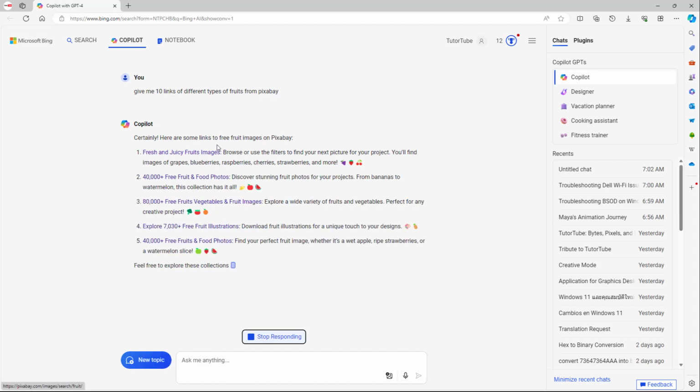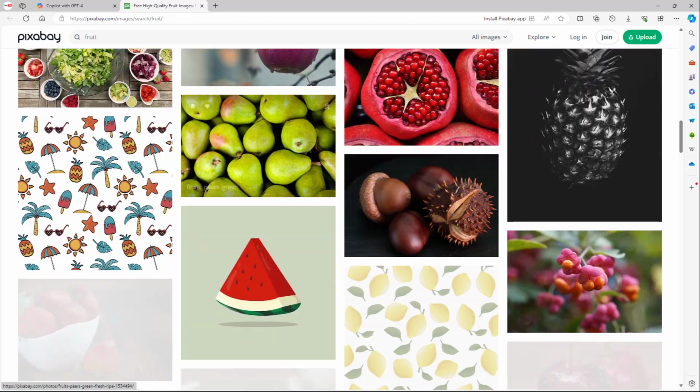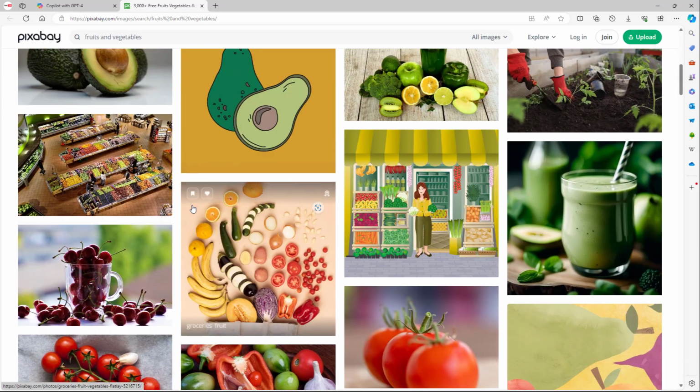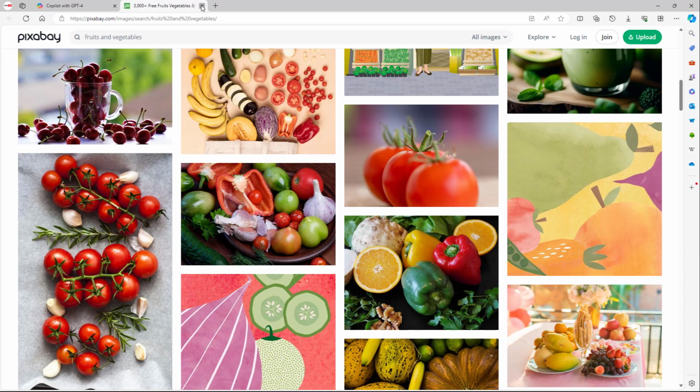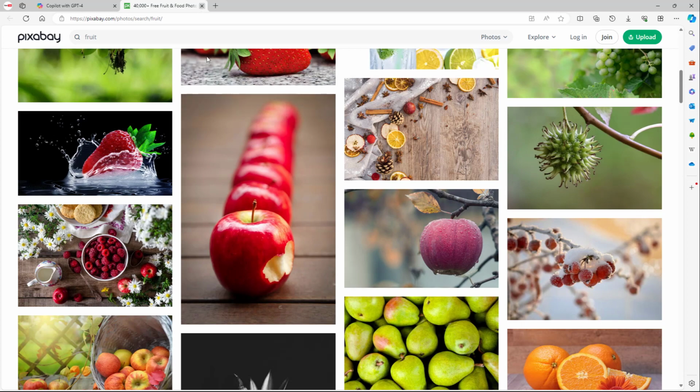You can see that it is giving me links right here, and as I click right here, it opens up that page, and you can see that it gives me the links right here, just like this. Now if I click on this link right here, then you can see that I get another link right here. So it simply generated a search query right here, and then I'm able to access that